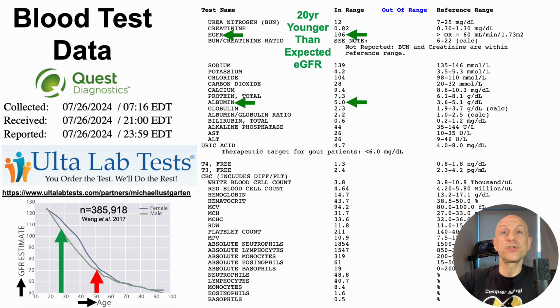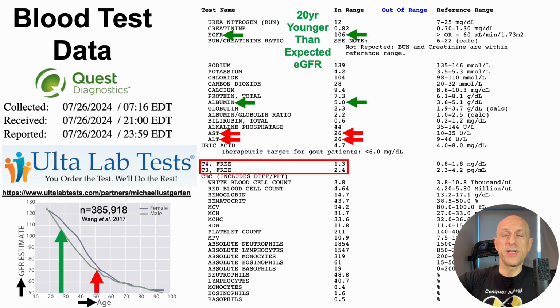All right, so now for some potential weak spots and room for improvement. So the liver enzymes, AST and ALT at 26 aren't terrible. I've had higher values than that in the past. But lowest risk of death for all causes for those 2 liver enzymes is closer to the low 20s. So I've got some room for improvement to bring those down.